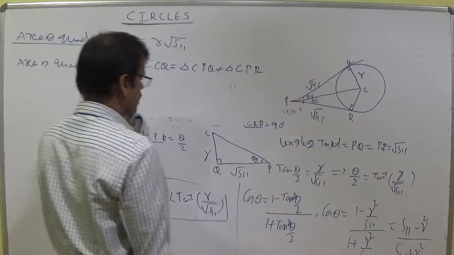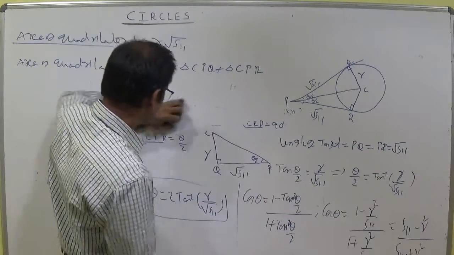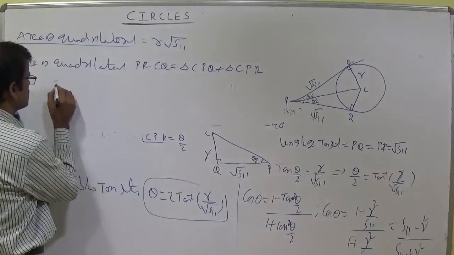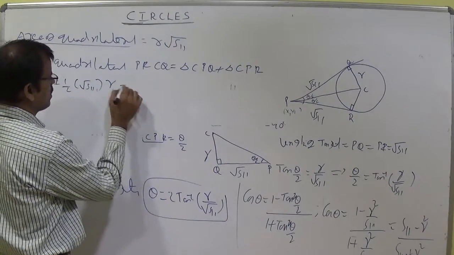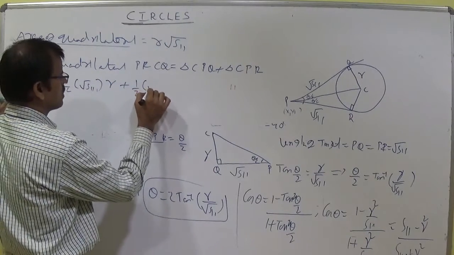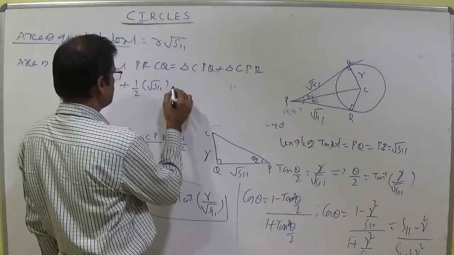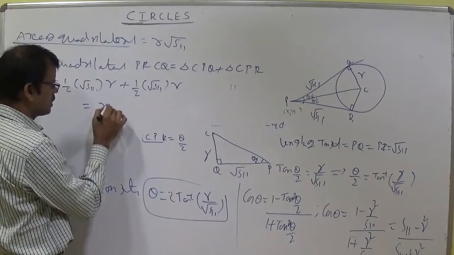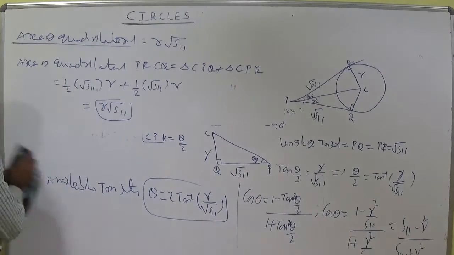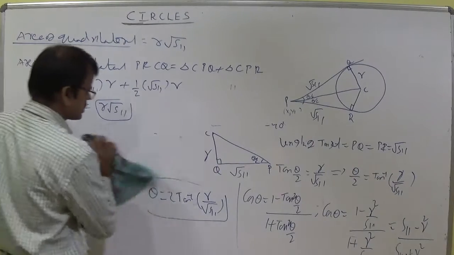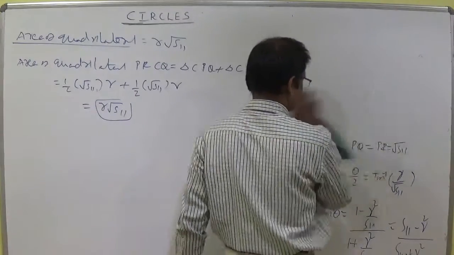What is the area of a triangle using base into height? You observe this triangle. Using half into base into height, that is equal to half into base, which here is root S11, into height, which is R. For the next triangle it is the same concept, because the radius will not change and the length will not change: 1 by 2 into root S11 into R. So you can write the area of the quadrilateral is R root S11. This is a CUQ question for objective, I am saying. Now let us discuss some examples, which depend upon the angle between two tangents of the circle.